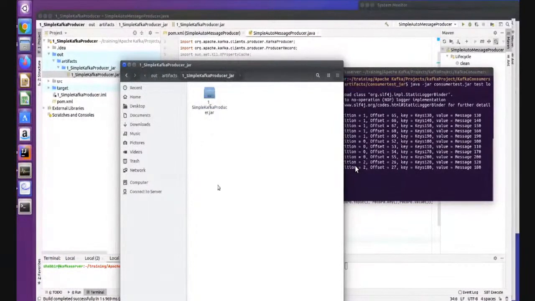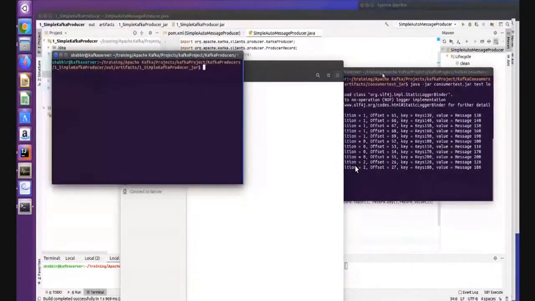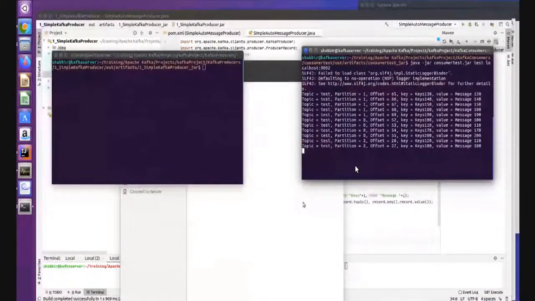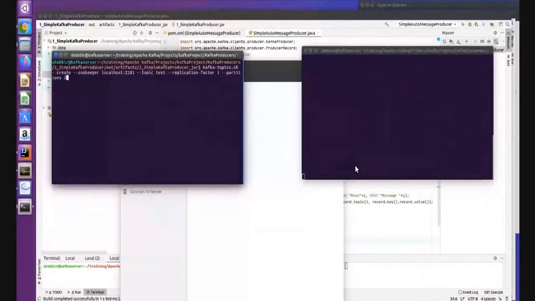Yeah, this is my producer, right? This is the place where you can run individual standalone applications. So you can clear this one. Now run the producer. How to run? Java -jar, and after that your application's name.